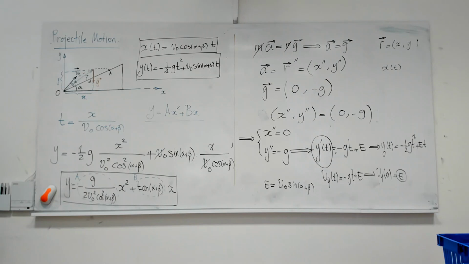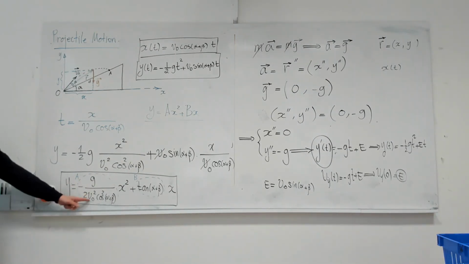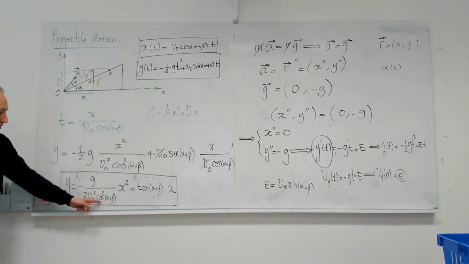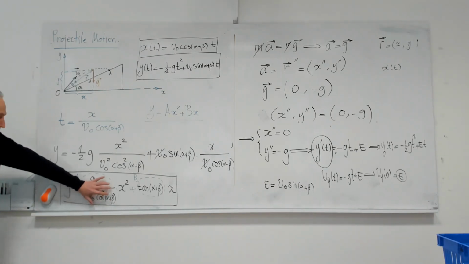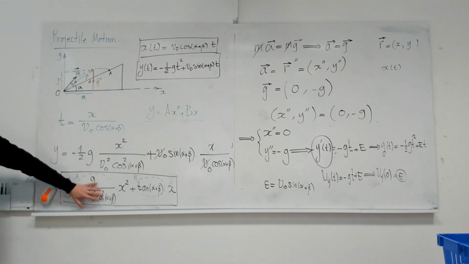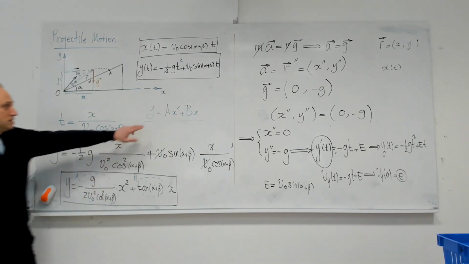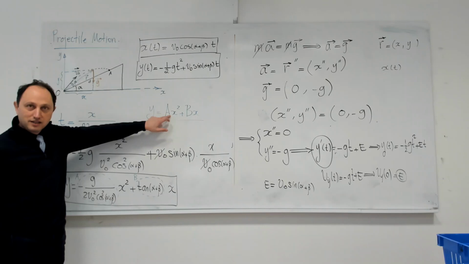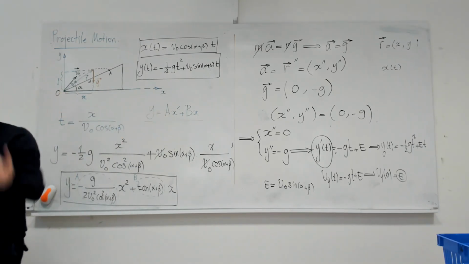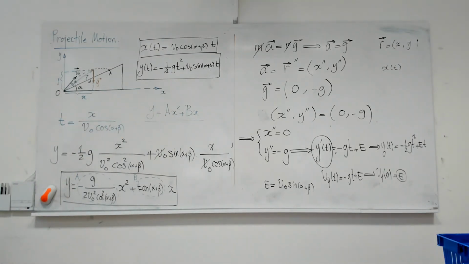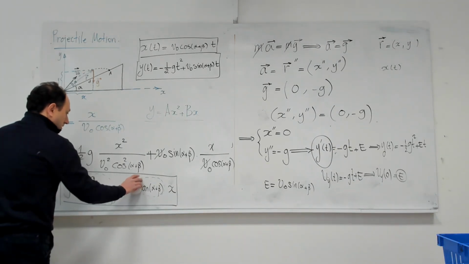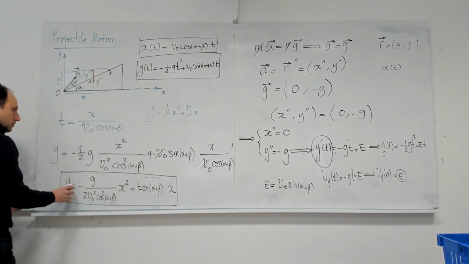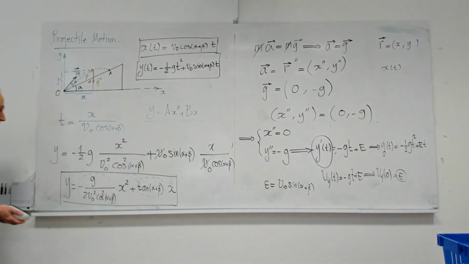Because the first one is negative. Negative, yes. G, I told you that's positive. V naught is the magnitude of the velocity, positive. Alpha plus beta, whatever, cosine squared is positive. So that one is positive, but I have a negative sign. So definitely this is negative. So if this coefficient is negative, you know that the parabola should be this, and that is intuitively also correct. Yes. Okay. So that is the trajectory. So that is the equation of the trajectory,